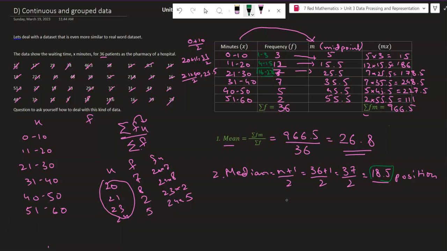And the value for that is 25.5. So 25.5 will be my median. My mode will be